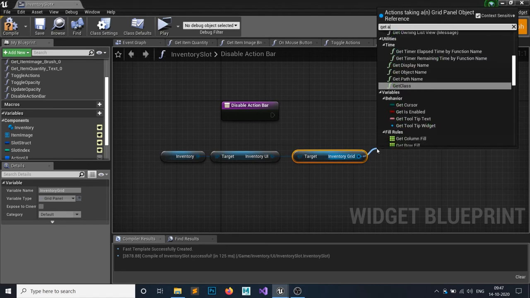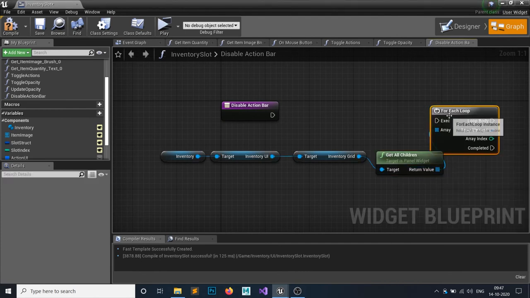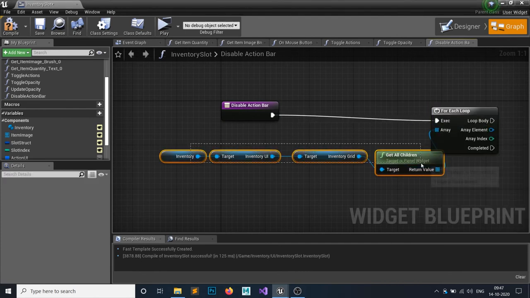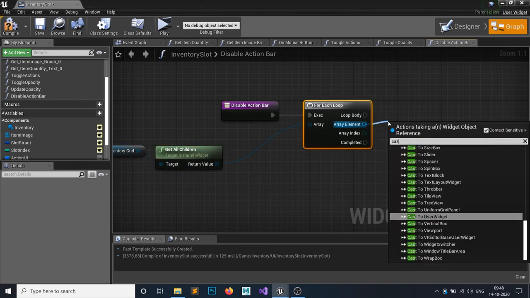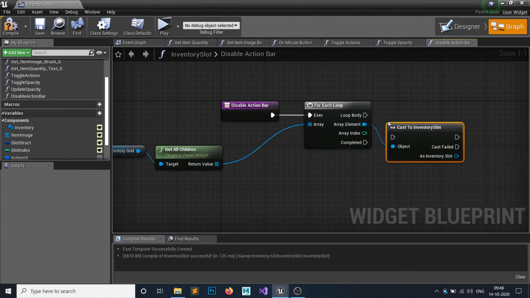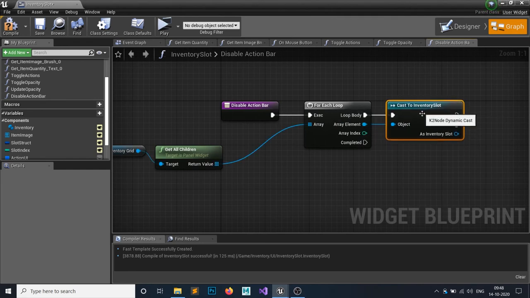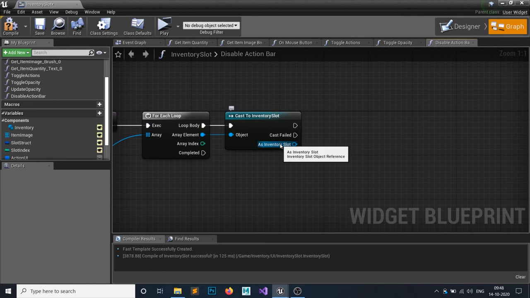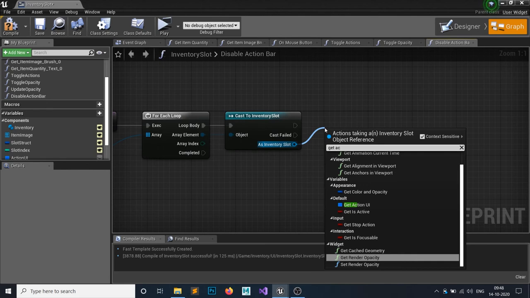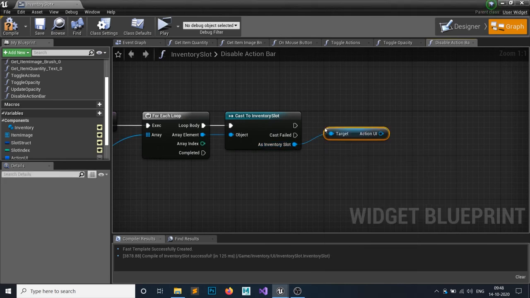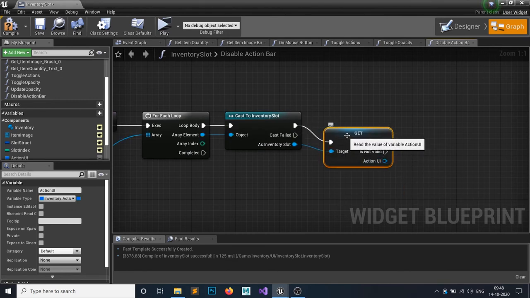From that, get all the children, and for each loop, we want to cast this to a slot. After that, get the inventory actions, the action UI, this one, and right click to convert this to validated get, because we don't want to set it to null.